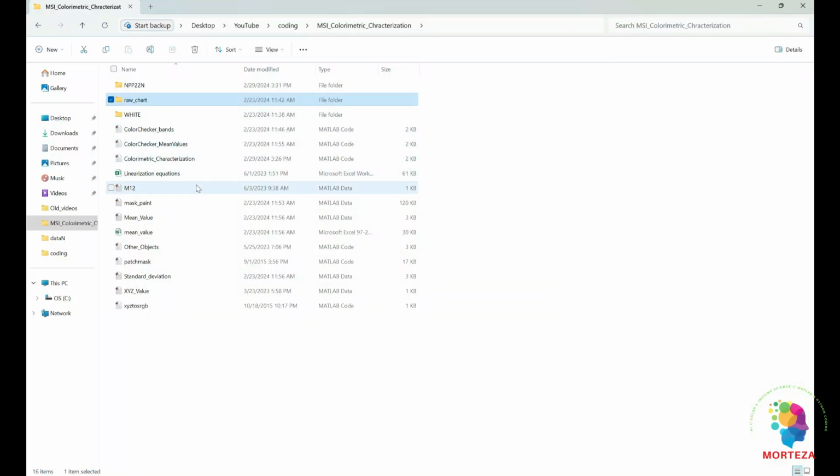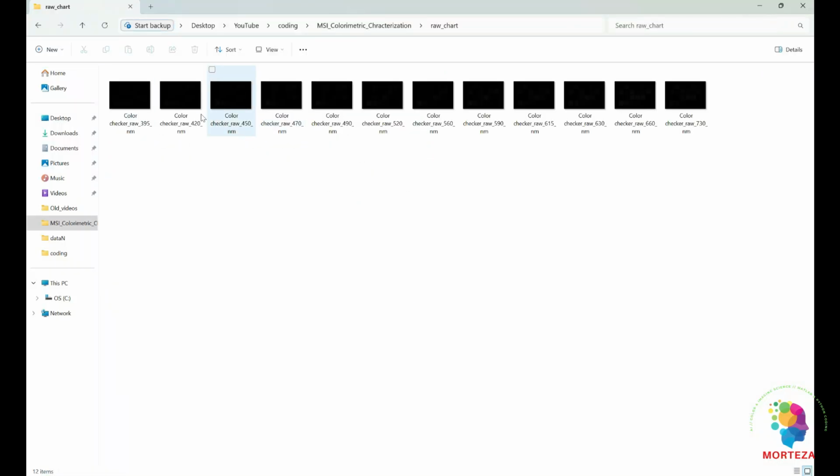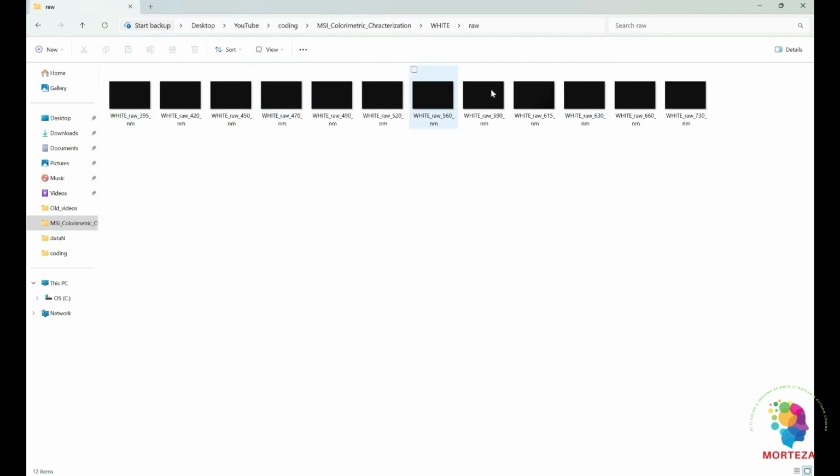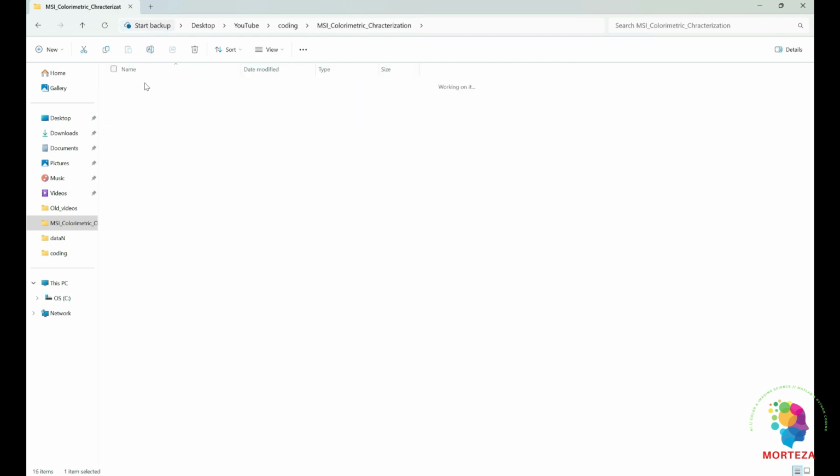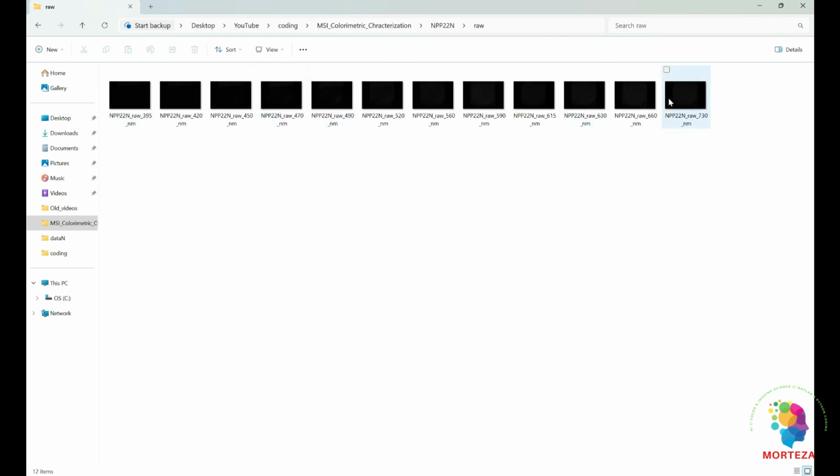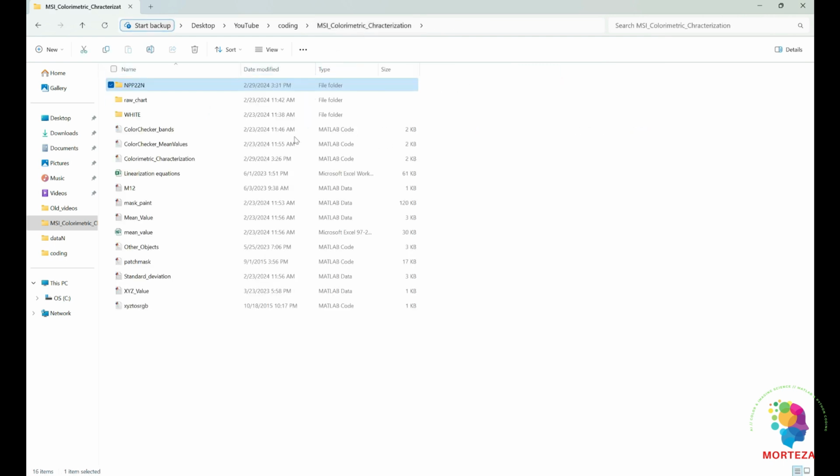First and foremost, let me show you the data that I have. These are the raw images of the color chart from 395 to 730 nanometers, as I said before. And these are the images of the white surface for the purpose of the flat fielding. And these are the images of an object other than the color chart. Okay, let's start with the colorimetric characterization. These are some of the programs you need to run to colorimetrically characterize your multispectral imaging system. I'm going to put all these in my GitHub, and you can access them through a link in the description